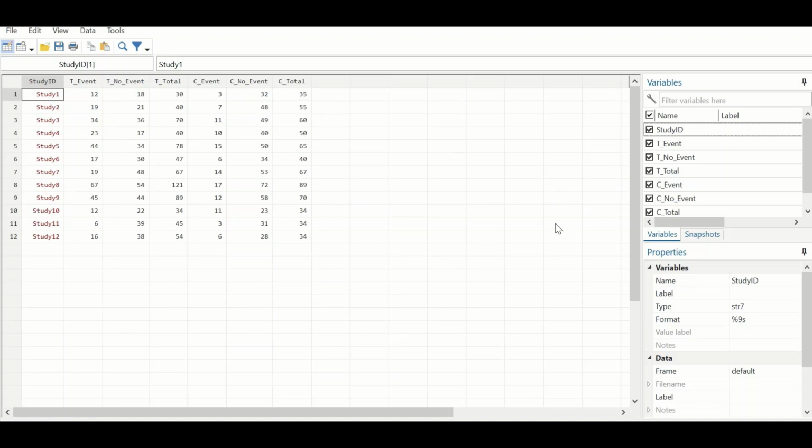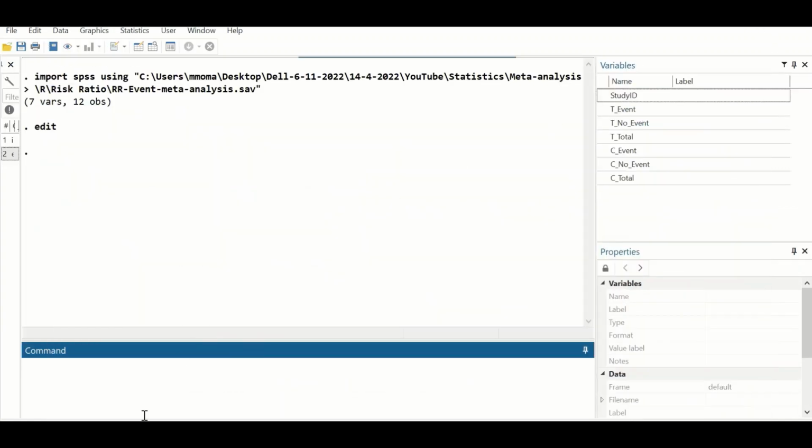Since the outcome here is binary, as there is only an event happening or an event not happening, so there are only two levels, yes or no, then meta-analysis for a binary outcome will be performed, and the estimated effect size that will be calculated here is the risk ratio. And the way to do that in STATA is to go back again to the command section here,